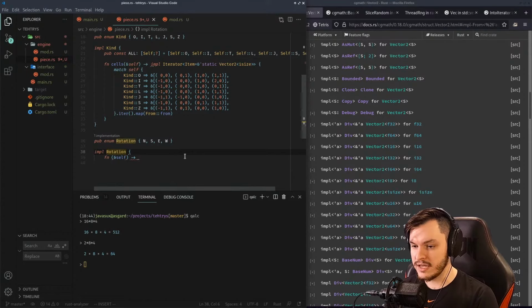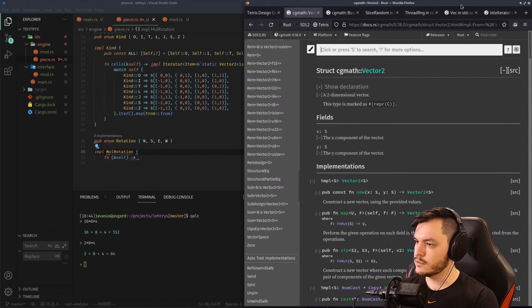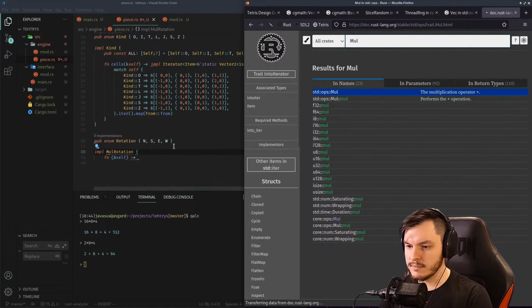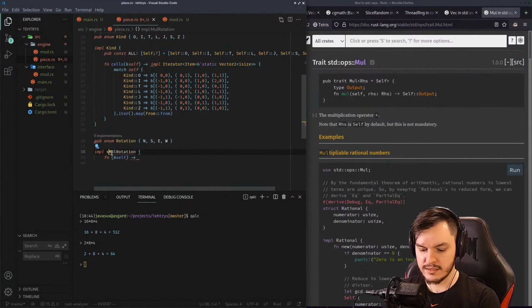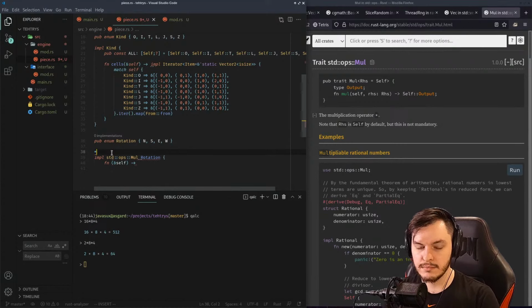And so in order to emulate that, we will implement the multiply trait, std ops mul, I think it is. Yeah, std ops mul. We will implement the std ops mul trait, which is the thing that gets invoked when you use the multiply sign,